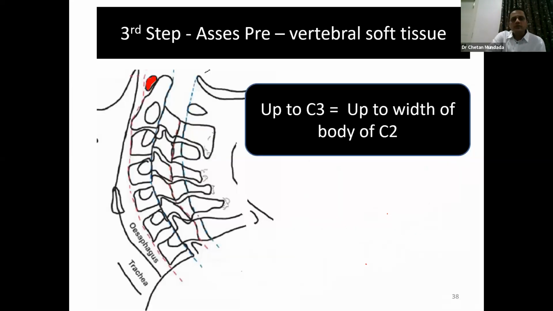So then what about the prevertebral soft tissue? When we talk about prevertebral soft tissue, because of the next particular structure, up to C3, we have to ensure that the